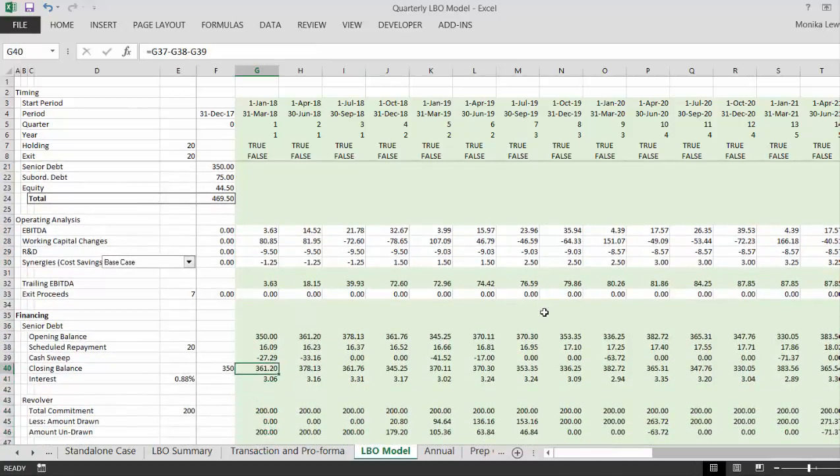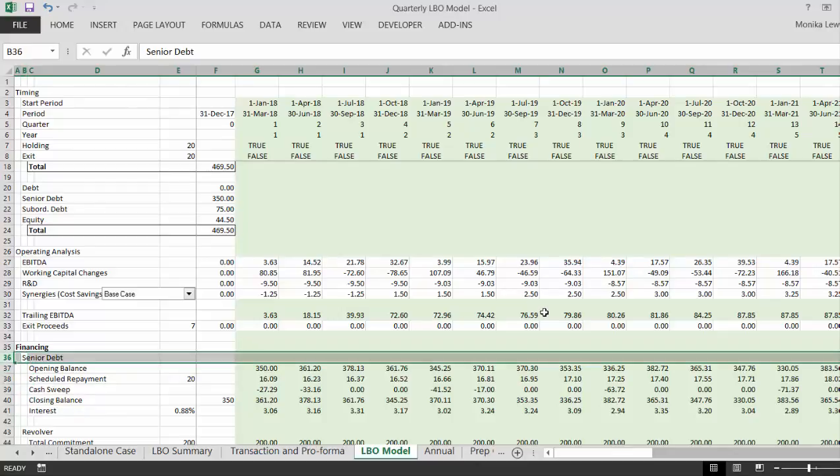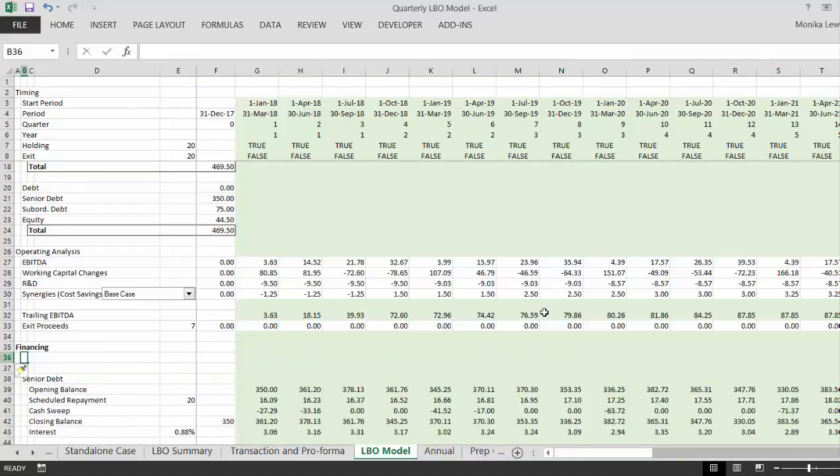Then we have our senior debt, and the rule is to get this initial senior debt from the balance sheet. And the opening balance is less than the closing balance, and then we'll have a little bit of a problem with the cash flow sweep, and we also have a problem with the scheduled payment. So here's my suggestion. If you have 2 different options for the scheduled repayment, okay, we have a linear